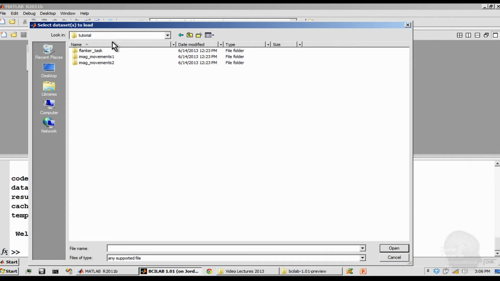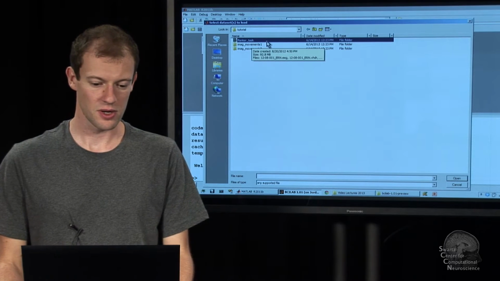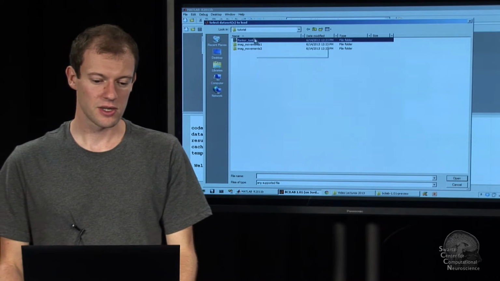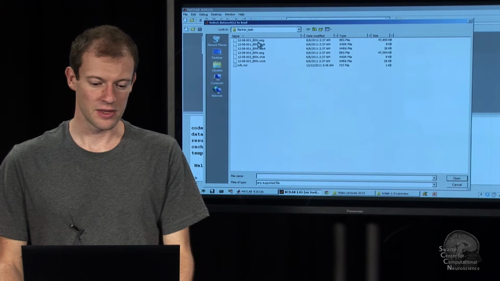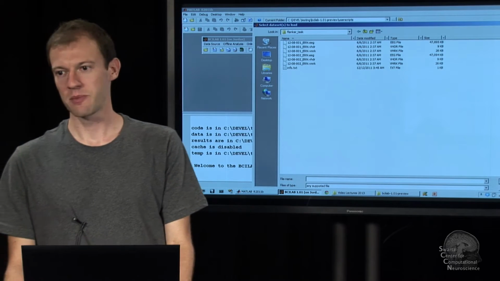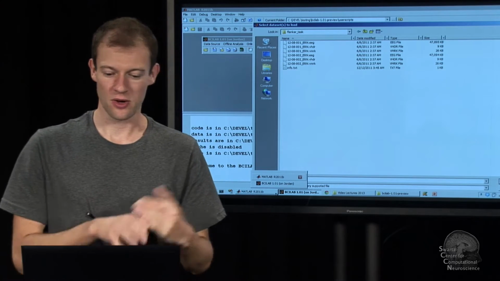So there's different tutorial data sets, and one of them is an ERP data set. It's event-related potentials, and it includes the flanker task that I described in one of the previous lectures. So that's a subject being presented with errors, and some of them are flankers that are